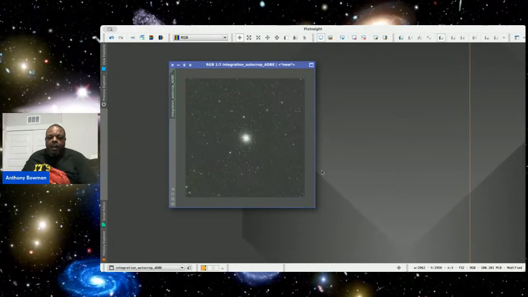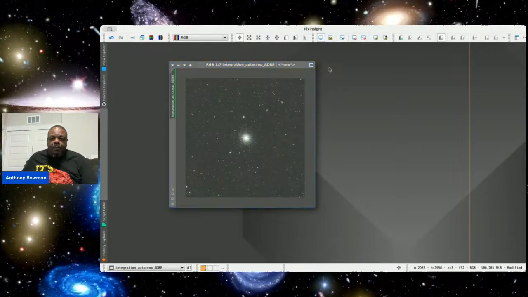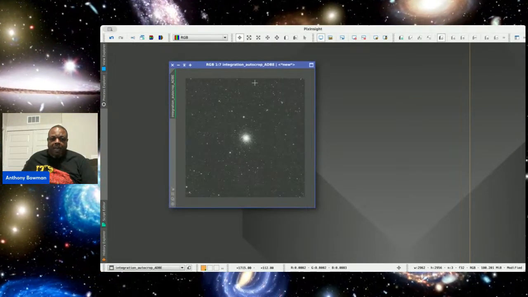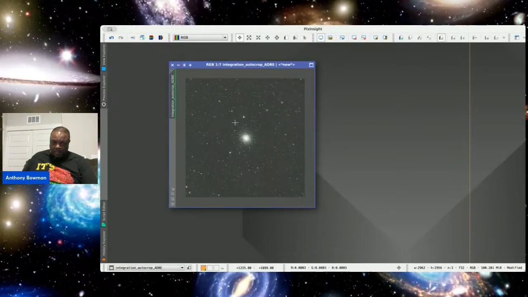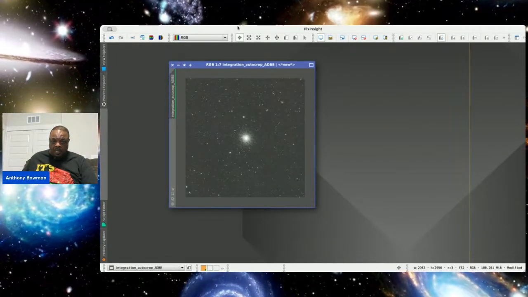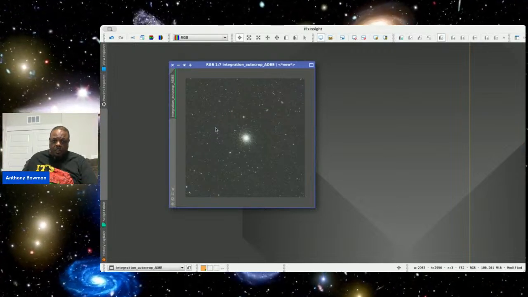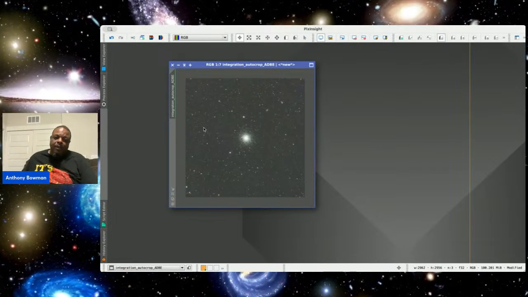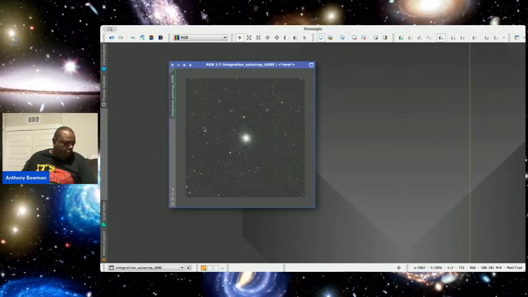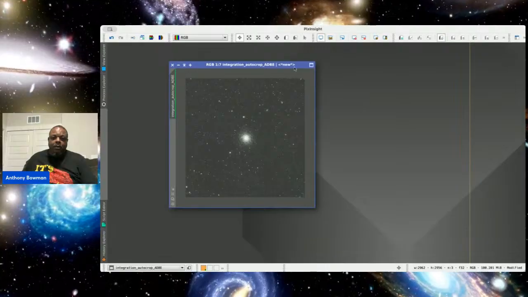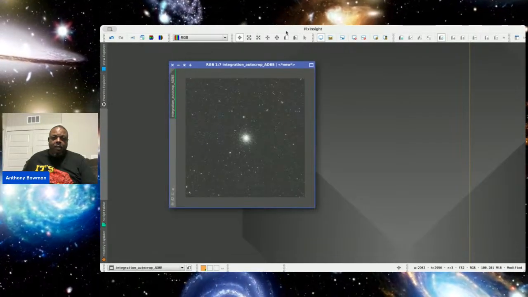All right, our next step would be to separate the stars from the background image. So I'm going to split this image into two. And that way I can work on the stars separately from the background. And that's really prevalent when you're doing nebulas, which, you know, we'll do one of those as well.